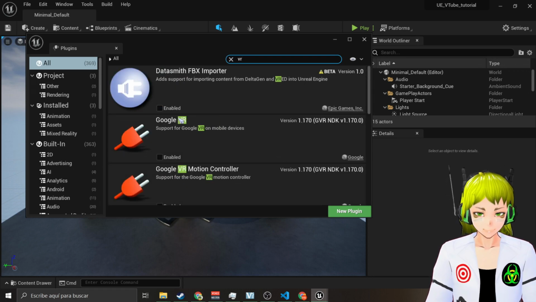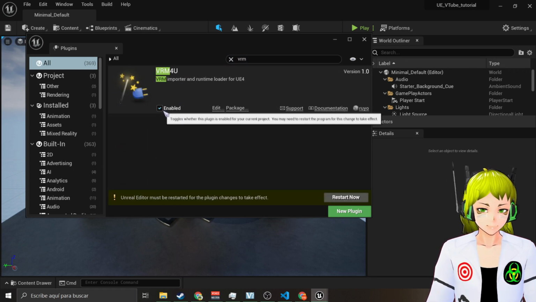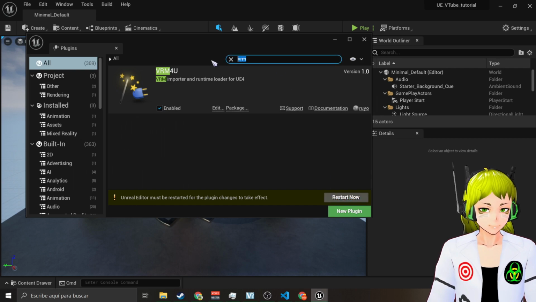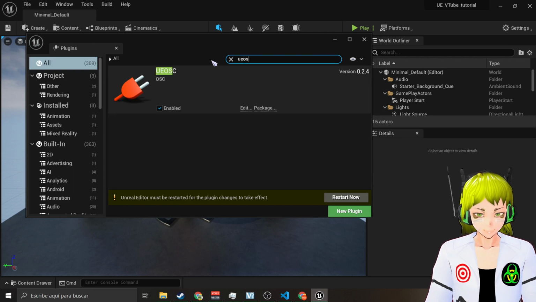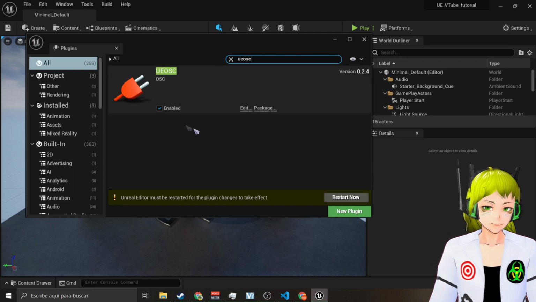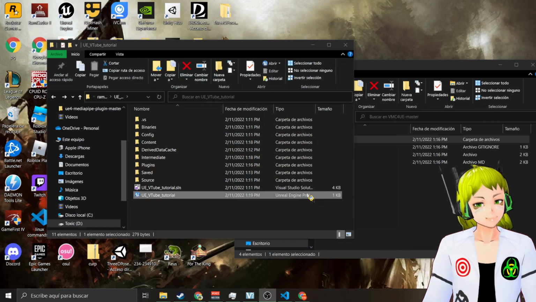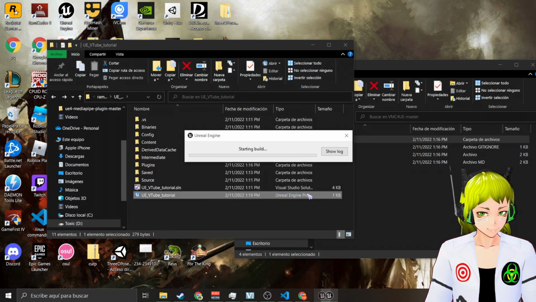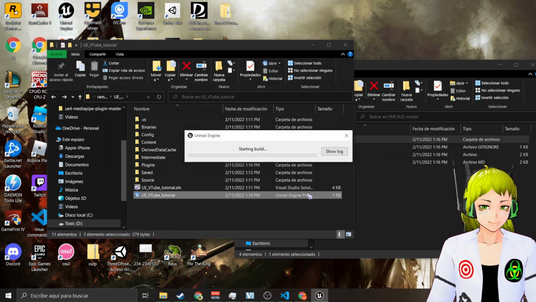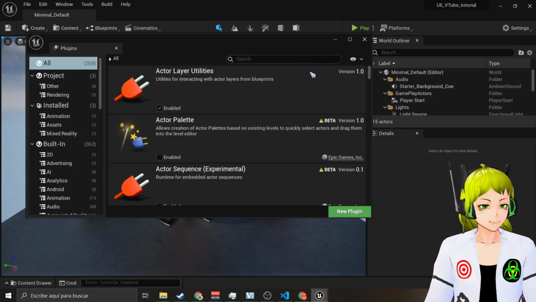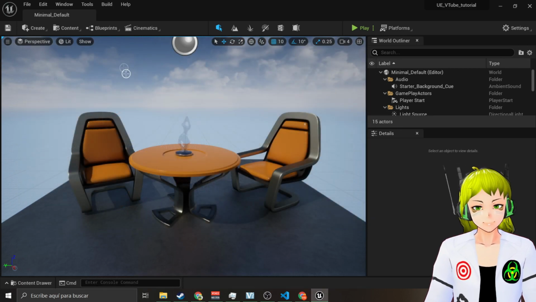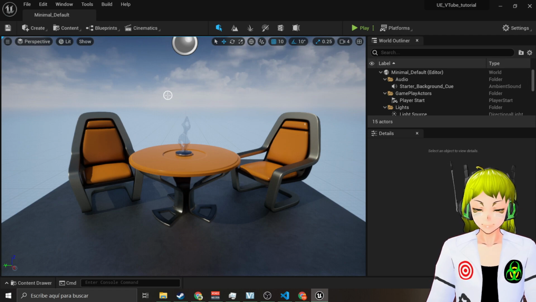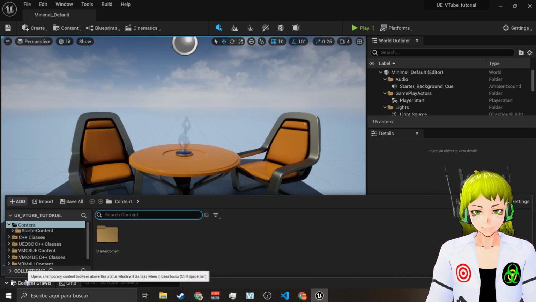The other one is going to be VRM. There you go. Make sure it's enabled. Don't restart yet. And the other one is UE OSC. There you go. And that's enabled too. Restart, then yes, it's building again. Okay, after you finish reloading, then this is how it's going to look. Now you close everything. Well, just close that, and the next thing you're going to do is open here